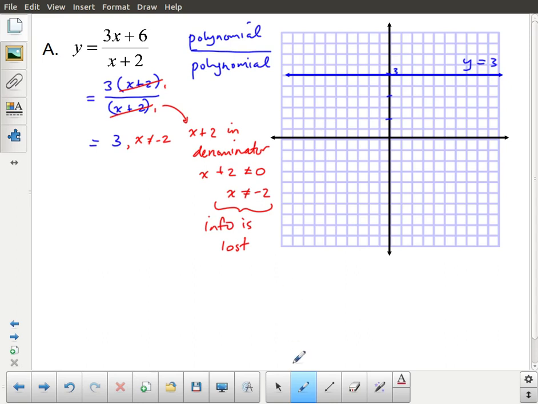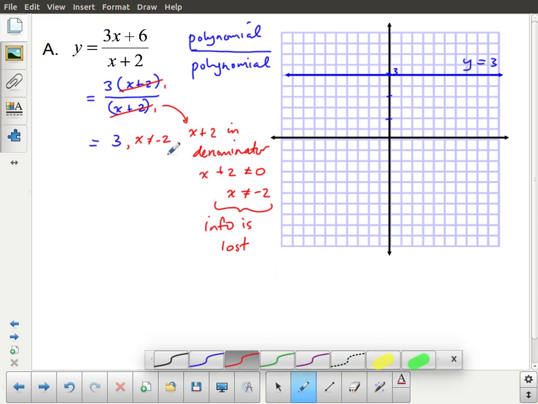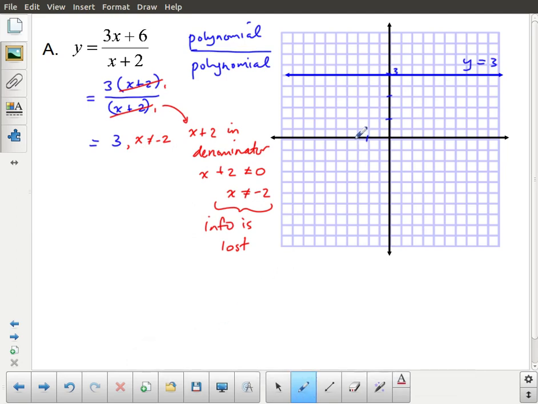So I'm going to come back to that in a moment. But the other thing I need to add in here is the fact that x is not allowed to be negative 2. I have to represent that in some way. So here is negative 2. And so if we were doing a table of values here, which I'm going to do in a moment,